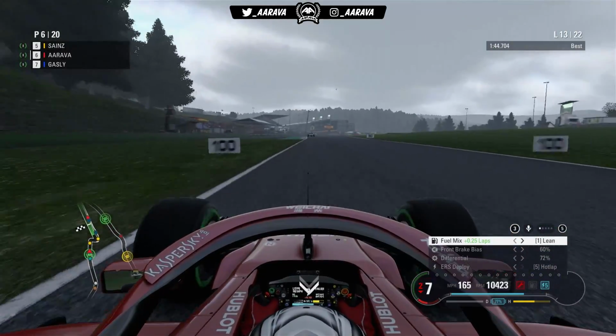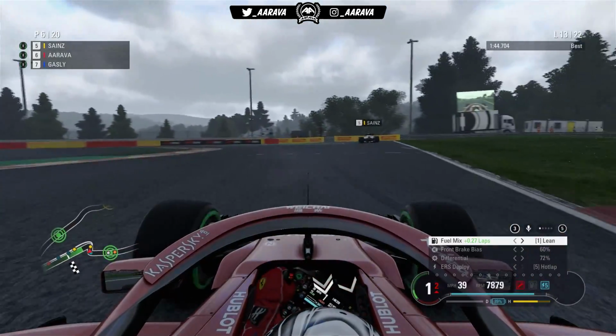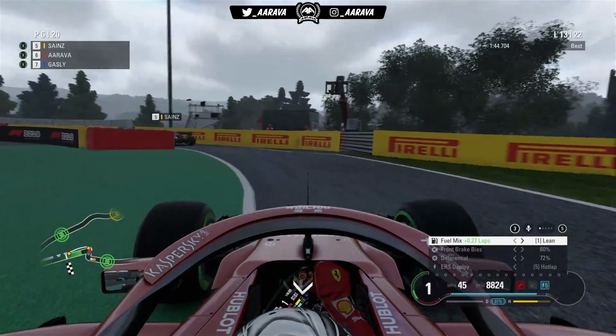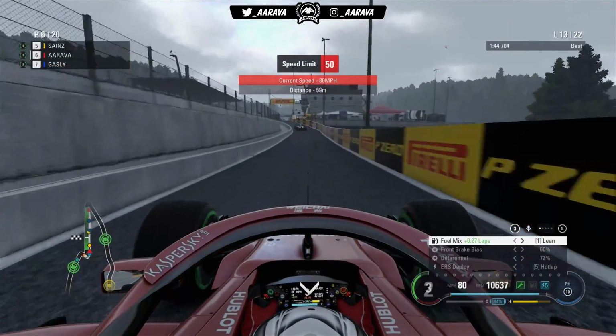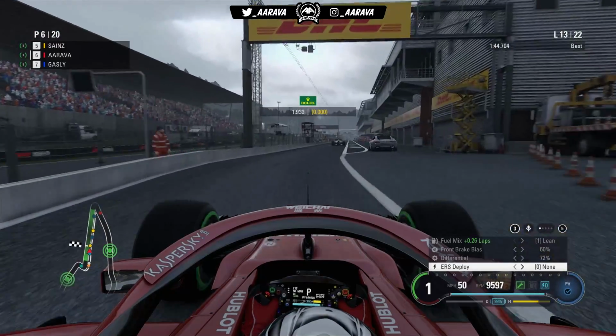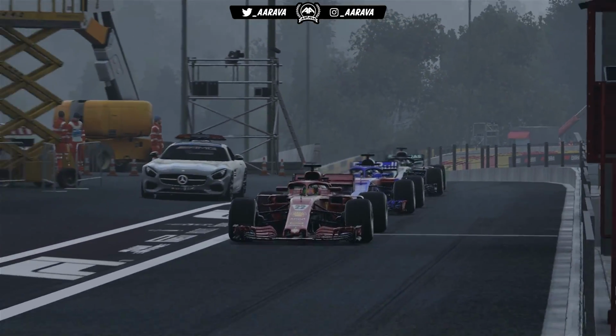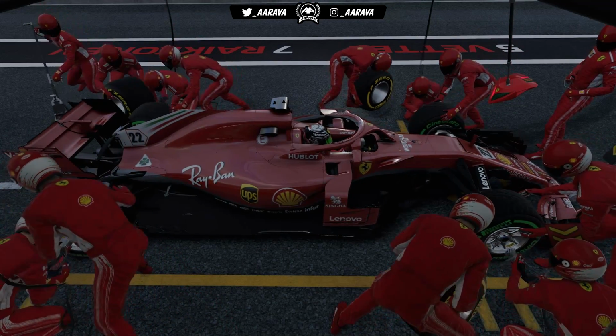Especially in the next 3 laps, onto lap 13, it was time to finally come in for a set of dry tyres, because it's dry enough now for the slicks, and I just couldn't keep up with Sainz. After I made that mistake, I don't know what it was, maybe the grass kept affecting my tyres, but I just couldn't close back up to him. But we're in for the pit stop then for dry tyres, so I'm always better in the dry than I am in the wet on the F1 game, so hopefully I can close back up on Sainz